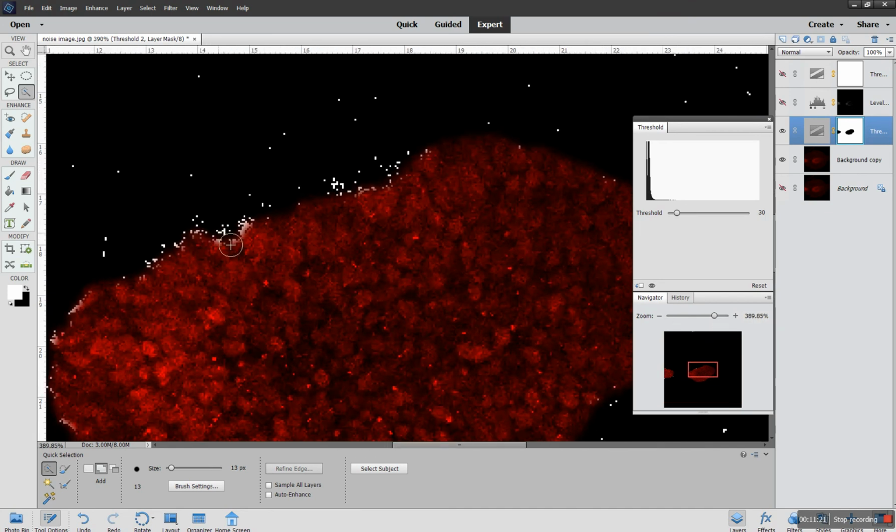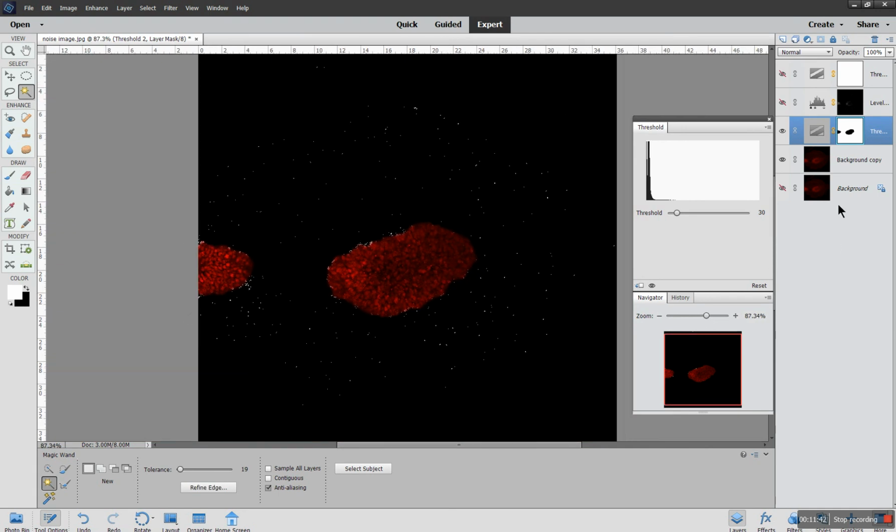And I can zoom in and again go back to my magic wand, which is here selected, and I again still need contiguous ticked off, so it hasn't got a tick in it, and I click inside one of the white pixels and it selects all the white pixels that I've got there. Then I can zoom back out. I turn threshold off,